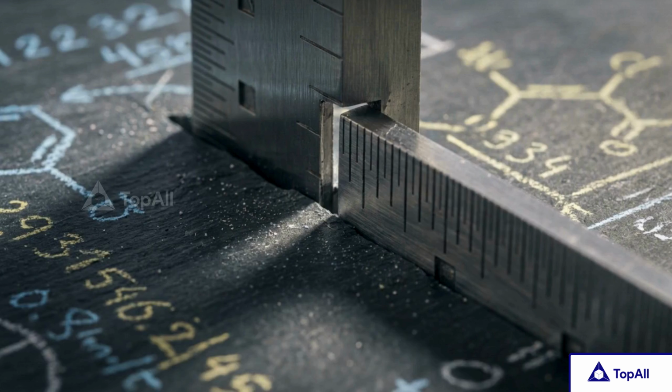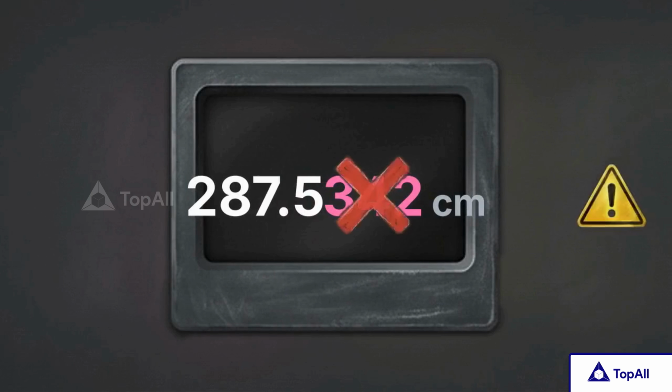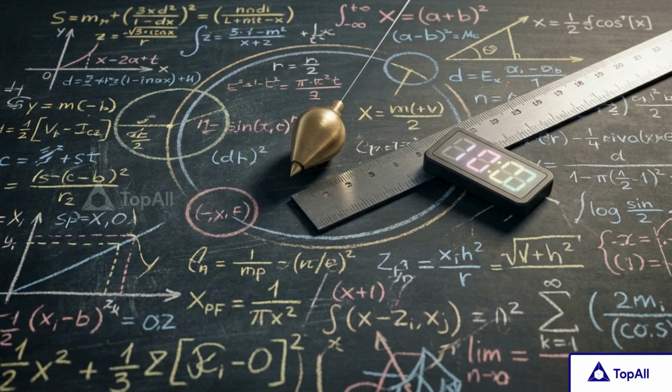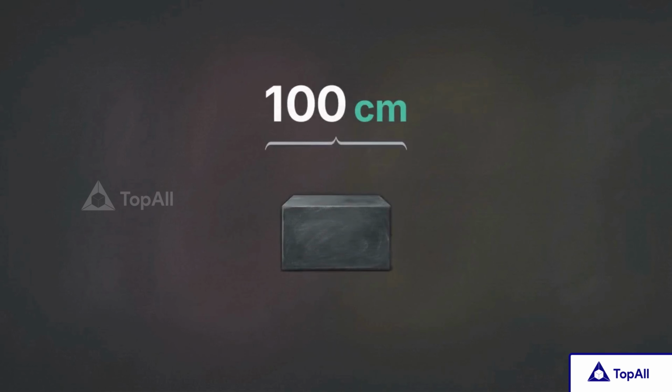This limit is defined by the instrument's least count, the smallest interval the tool can actually sense. Reporting digits beyond that first uncertain one is misleading. It implies the tool is far more precise, which can quickly lead to massive cascading errors in all of your subsequent calculations. In physics, we often shift measurements between units, changing centimeters to meters or millimeters to fit a specific